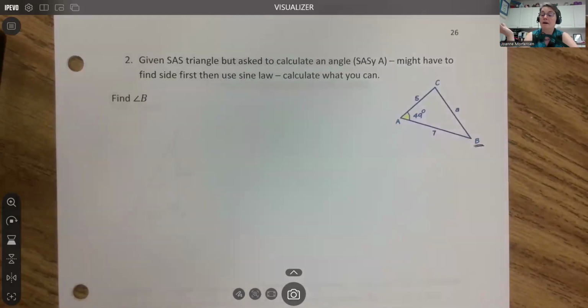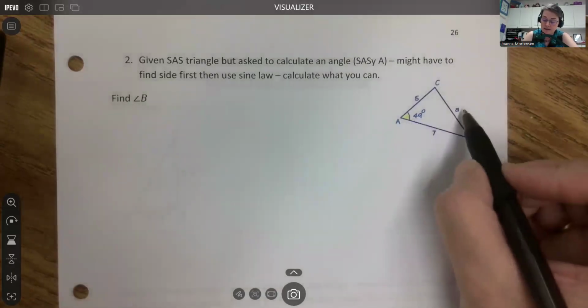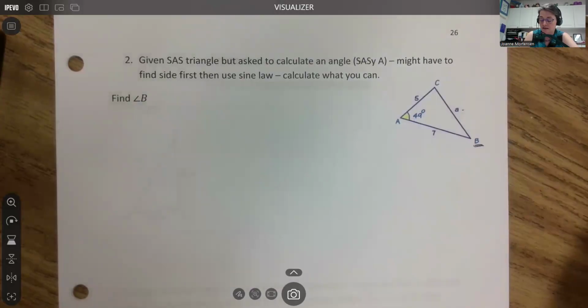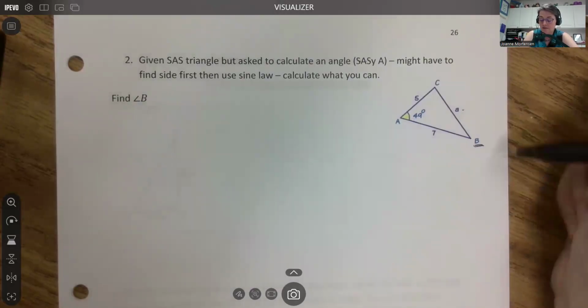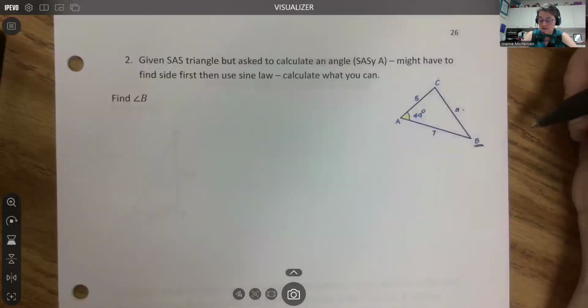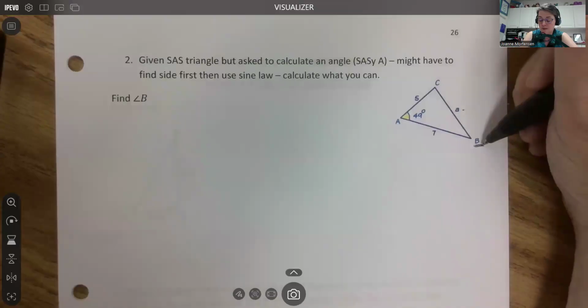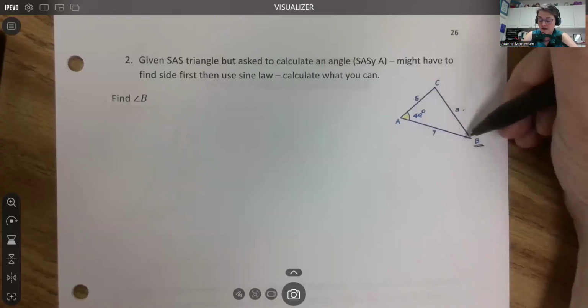Because first of all, I'm looking for a matching pair. I got an angle, but I don't have the match. So I can't use sine law. I've got this, but I don't have that angle. So it's got to be the cosine law. But if I try and do angle B right away,